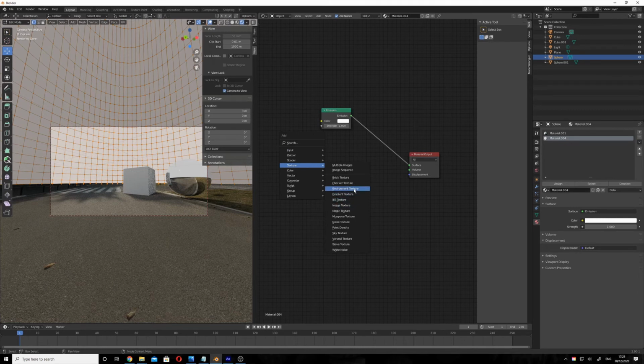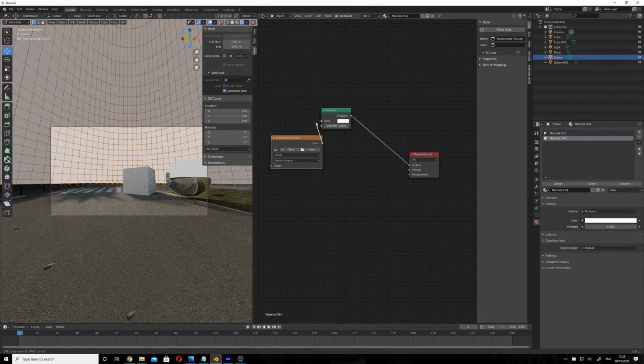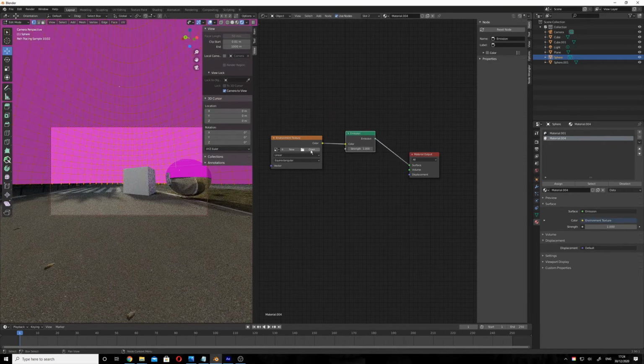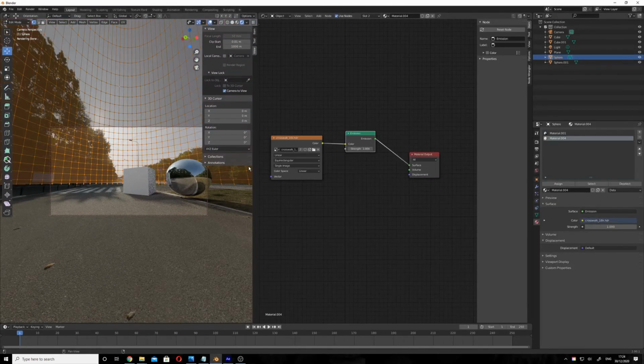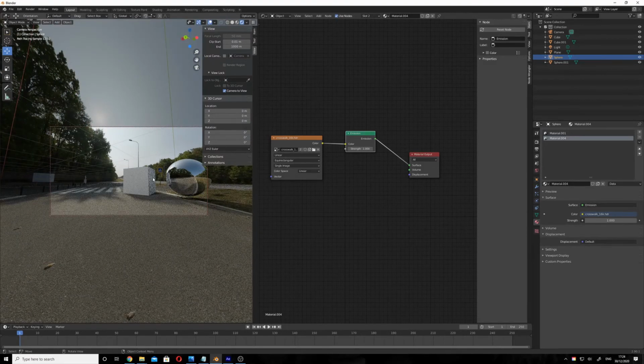So environment texture, plug that in, and then select the 16K, and now it might suddenly lock up as it loads it in. So it's useful to know, obviously if you are using large textures, where the bottlenecks are, so you don't suddenly get surprised, or if you've got a lot of textures and stuff, save before and all that sort of thing. Right, okay, so let's tab out of that, and now we've got a lovely background,